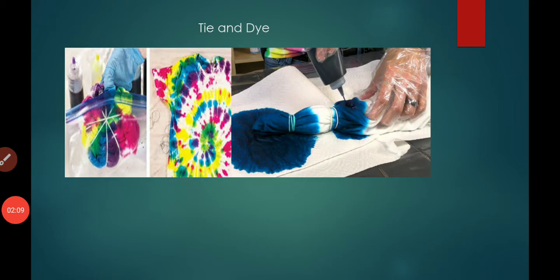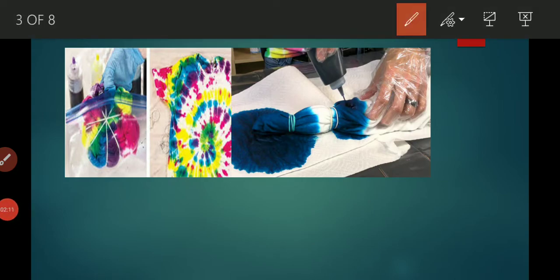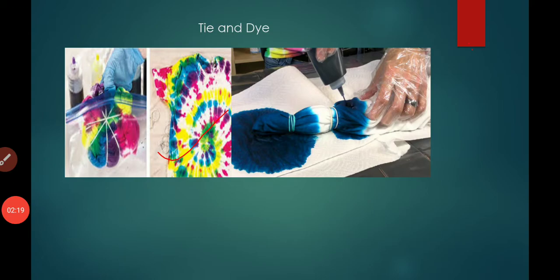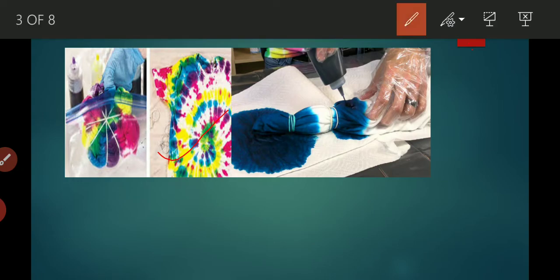Do you like this design? Yeah, this design is so beautiful. How do we create this design on cloth? Do you know? We can create such type of design on cloth using the tie and dye method. This method is called tie and dye, right?